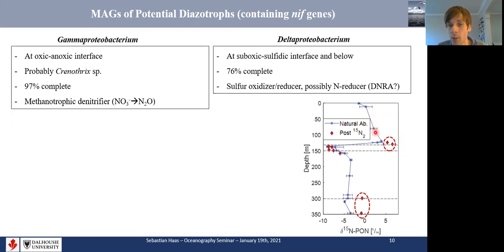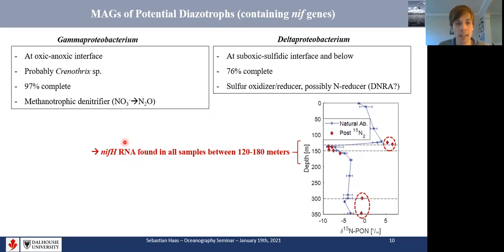And here we see in blue the natural abundance, so prior to incubation with 15N, and in red after the incubation with 15N. And we see that in some cases at the oxic-anoxic interface and in the bottom water, there seems to be an indication that 15N2 has been taken up during these incubations. And a different line of evidence for active nitrogen fixation comes from finding nifH RNA, so transcribed DNA, found in samples between 120 and 180 meters, and RNA, unlike DNA, gives you better evidence for actually